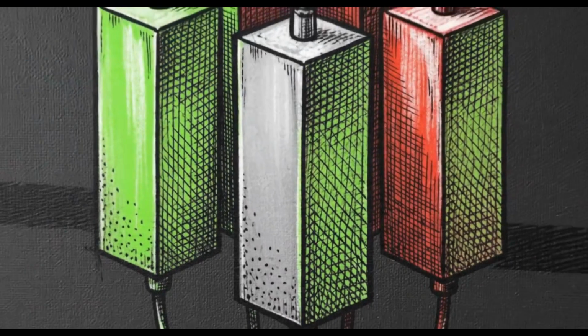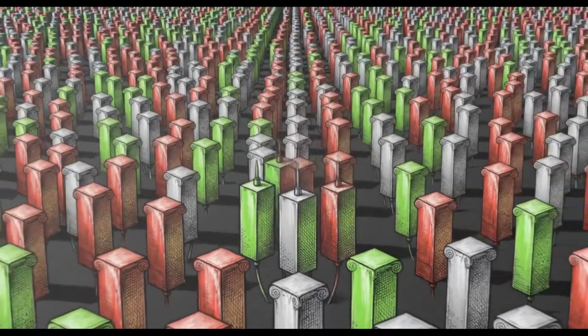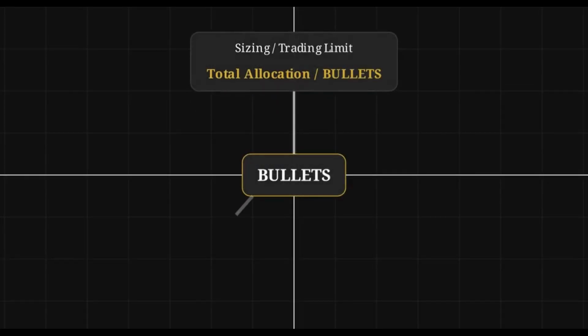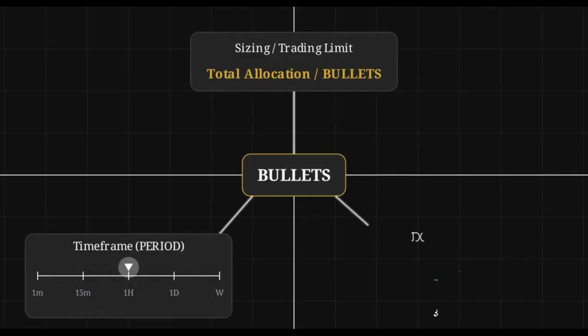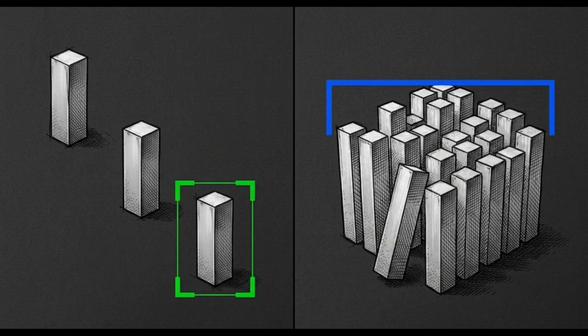This zoomed-out chart reveals the complete algorithmic cycle. Every dynamic action is derived directly from the single numerical input configured at setup. Position sizing, active trading timeframes, and DCA entry pacing are strictly and mechanically dictated by the bullet allocation. Localized scaling is handled continuously by the partial gain protocol, while total risk reduction is secured by the blended take